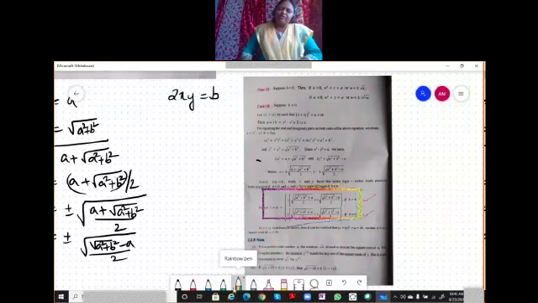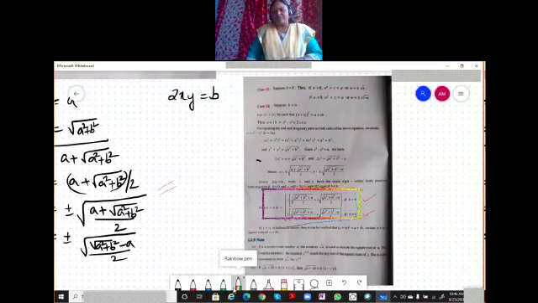So in order to find square root of z, we have to collect the real part of z, a, and the imaginary part of z, b, and substitute in this. You will get the square root. Simple, very easy. We won't solve it in this direct way. We solve by using this formula.